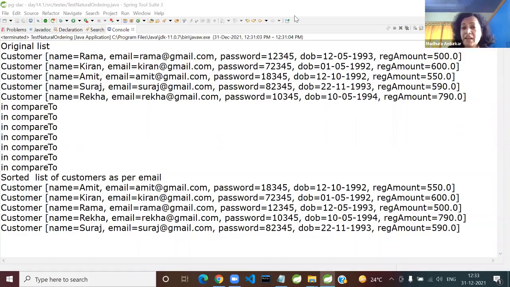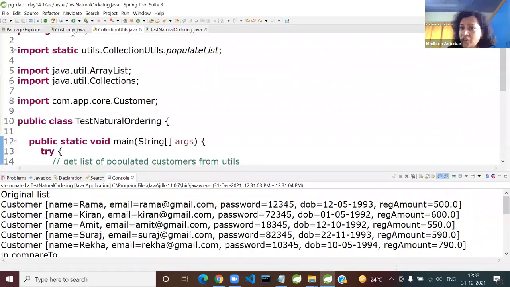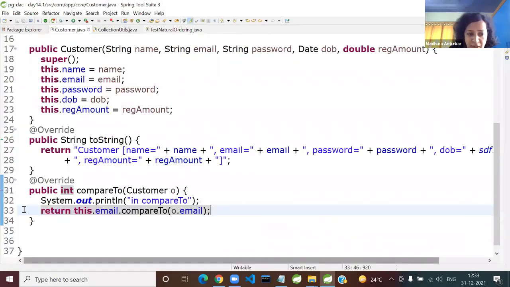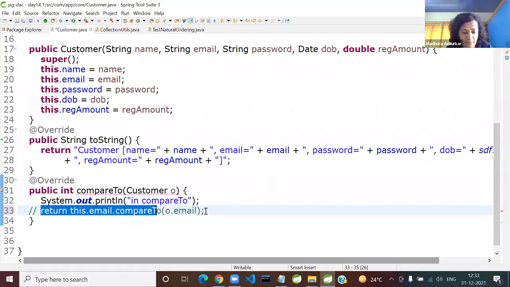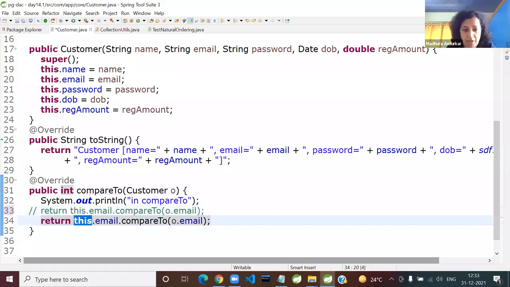Yes, exactly. So Swapnil is right. Simply swap the criteria. Okay, so go to your customer class. This is not what we do in natural ordering, but just as a question. You can comment this and here simply swap. So here, what you'll pass is o.email compareTo, you can say simply email, or if you want to keep it as this.email. Simply swap the criteria. So if o.email compared is less than or equal to 0, then it won't swap. If it is bigger, then it will swap. And that is what we want.